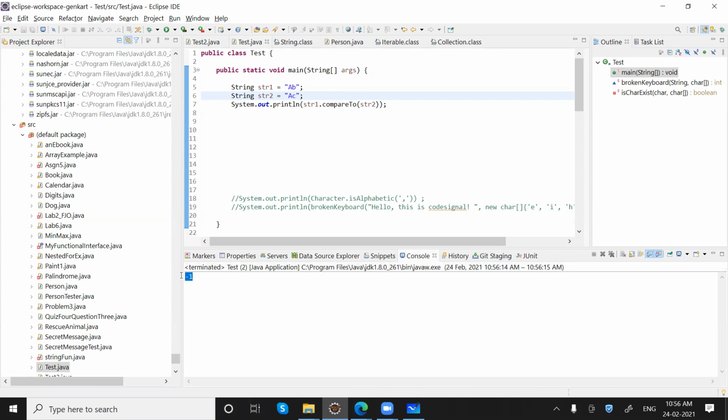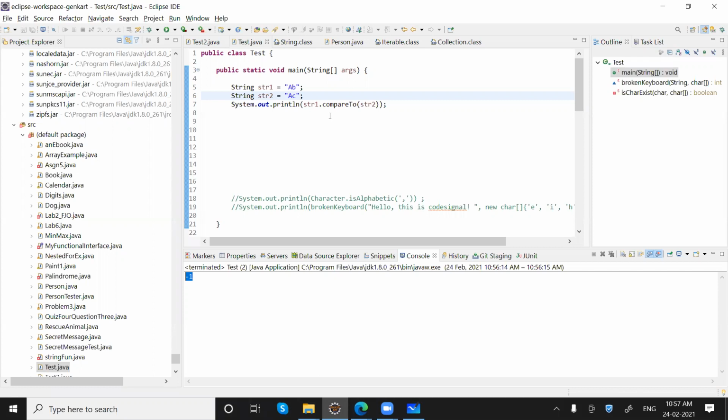So when we are doing object sorting, whenever we want to sort our objects based on some data, then we will use this compareTo method. Okay, so for example, we have two strings, in this case AB and AC, and when we say str1 dot compareTo str2 and we are getting a negative value, that means in the dictionary or ascending order sorting, AC will come after AB.